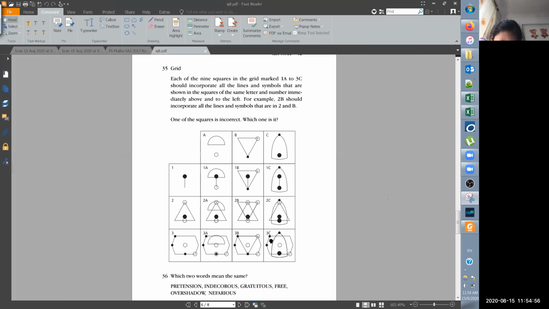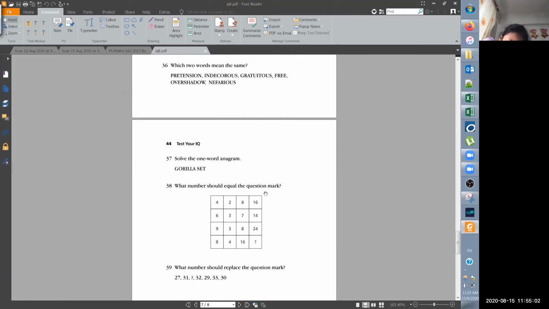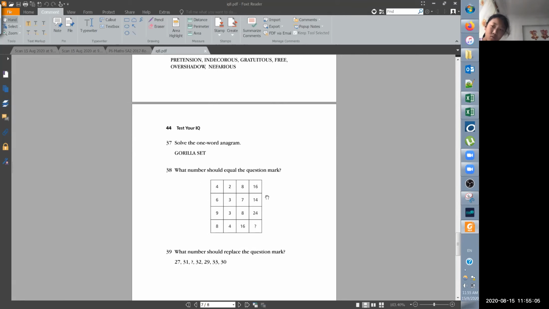Yep, you're right. Okay, next, 36. Don't need to do this. Don't need to do. What number should equal to the question mark? 38. 32。为什么？48 32，然后呢，32再除以2，就等于16。6 7 42，42除以3等于14。8 9 7 12。每一个 3等于2。OK，很好，来39。28。为什么？